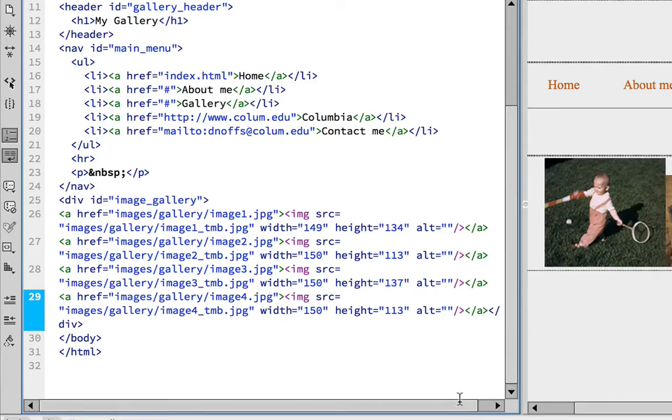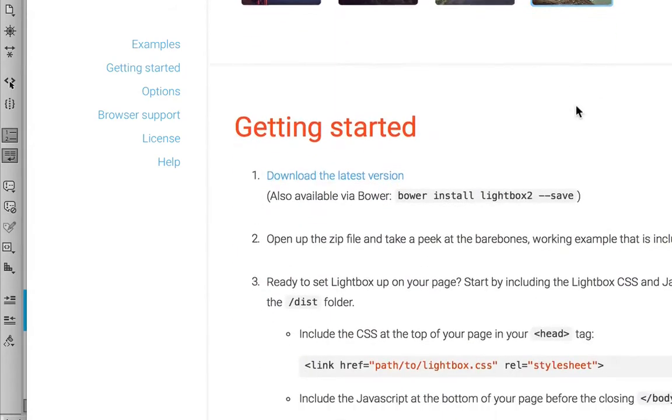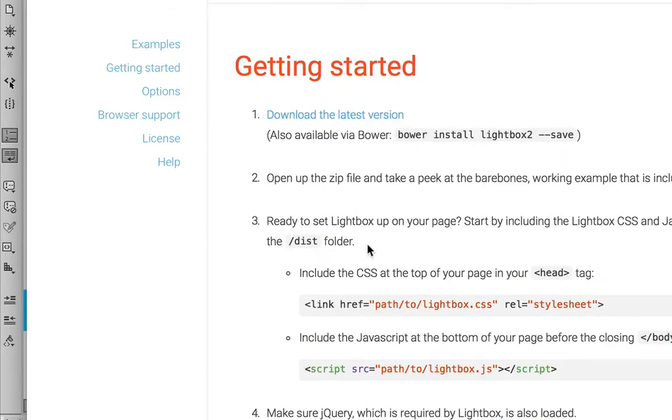and I am going to go back to my browser, back to the Lightbox site here, and it says to get started that we want to include the CSS at the top of our page in our head tag. So this first line of code we're going to get from the Lightbox page is this first line of code here to link to the style sheet. So I'm going to highlight that. I'm going to use Command C. I'm on a Mac. If you're on a PC, use Control C. I'm going to copy it, toggle back to